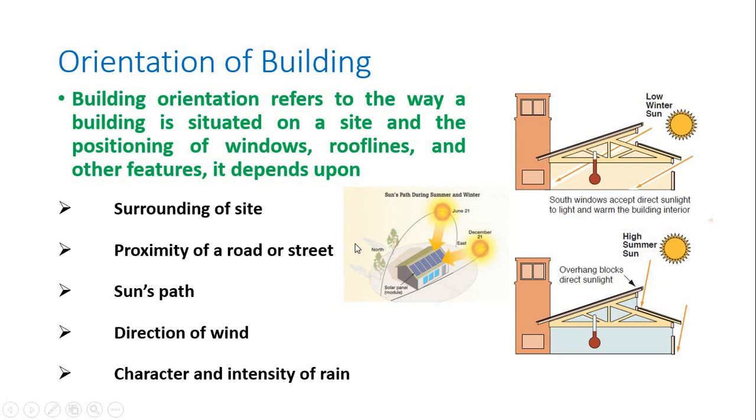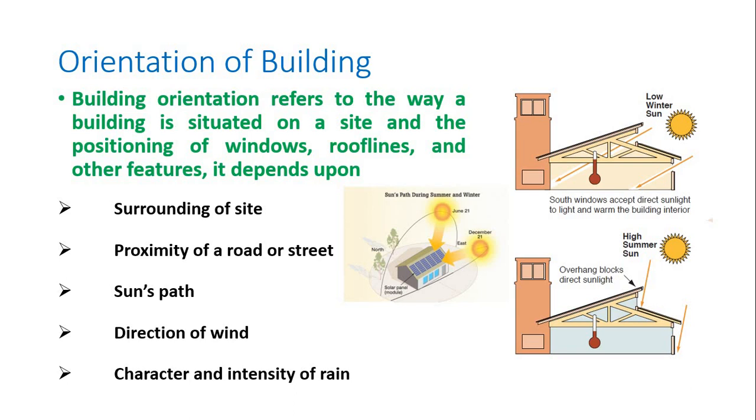And one of the most important things to be considered is the orientation of the building. For example, before making our plan, we should consider the wind direction, the rain direction, roof lines, the average temperature, the site size, the sun's path, and the intensity of the rain. All of these things should be considered, because, for example, in a hot summer area,